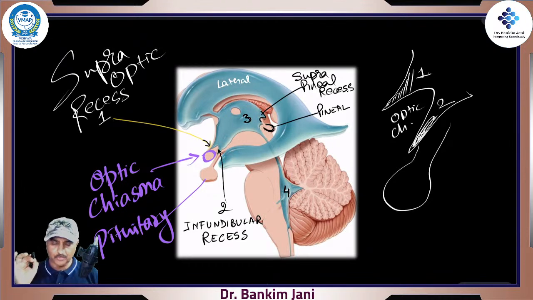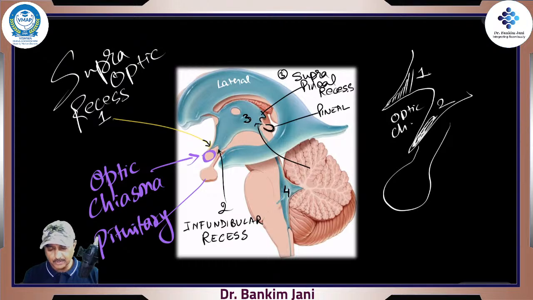One small word. So, getting some emails asking why we are learning again in so much detail. You'll understand the importance of this when you go for sectional radiology, or when you study what really happens when things go wrong in the CSF circulation, how these areas are obliterated, and what really happens at that point of time. So do learn. If you draw it once or twice, you'll be able to remember it very crisply. So suprapineal recess is the third one, and the fourth, which is over here,